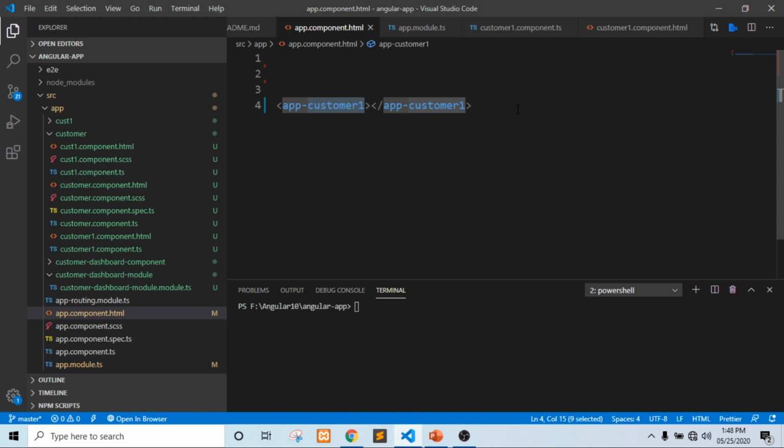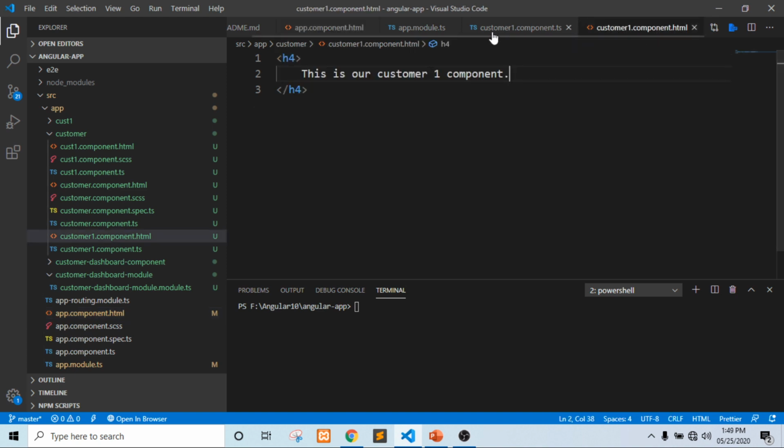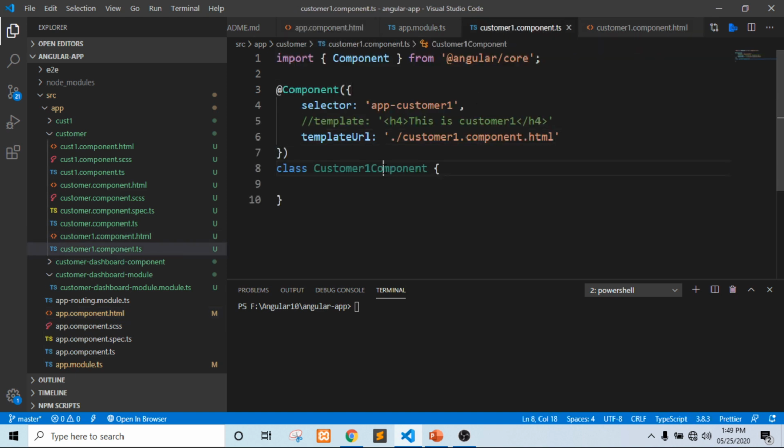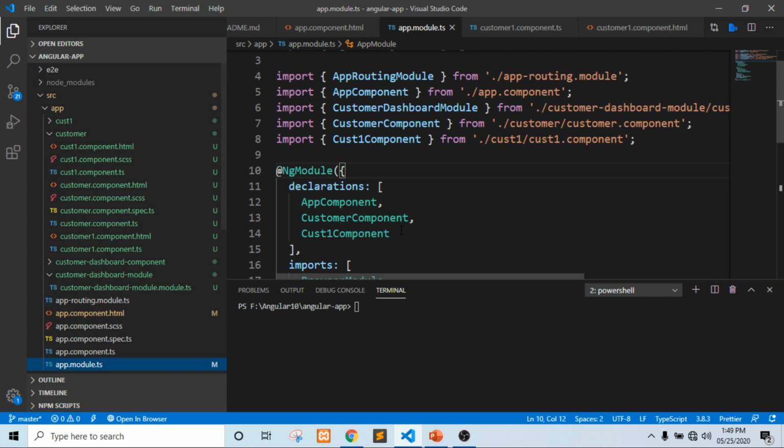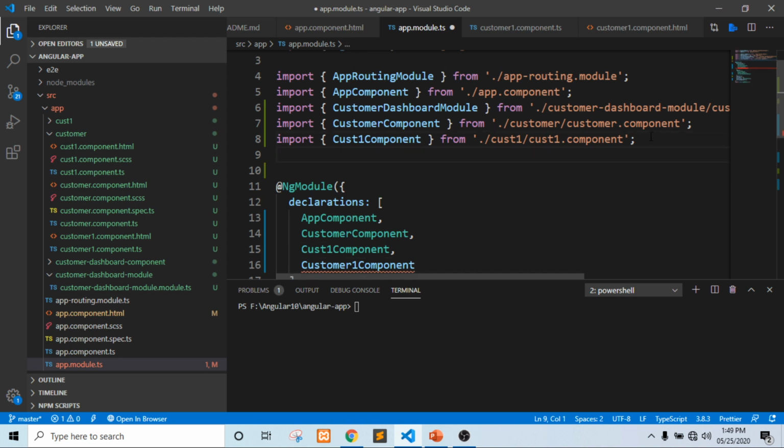For that we need to inject this customer one component, basically this name, into app.module.ts here, right? So we will inject it inside the app.module declarations section.